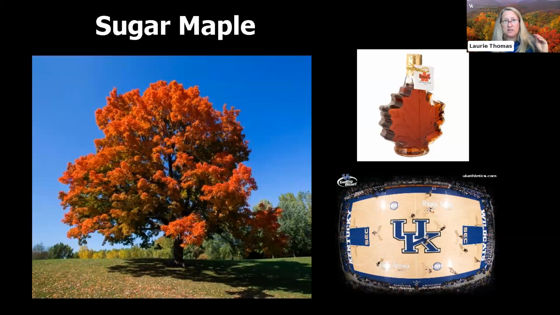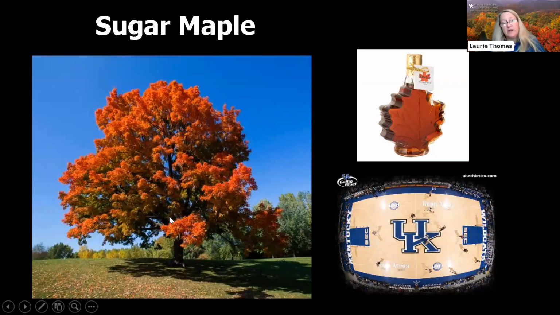Red maple we would call soft maple. It's a much softer wood, but sugar maple has hard wood, and we use it in basketball courts. As you can see here, we use it in bowling alleys. And they're actually looking at sugar maple and have been making baseball bats out of sugar maple because it's not